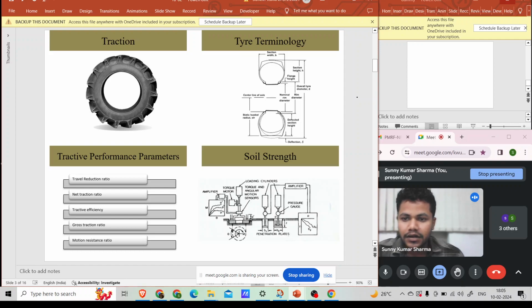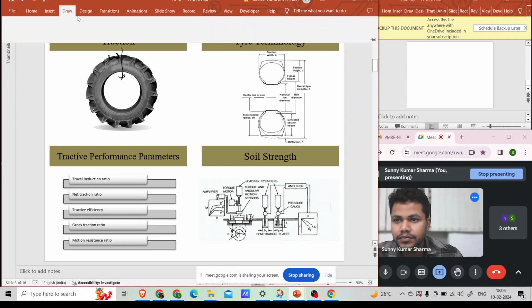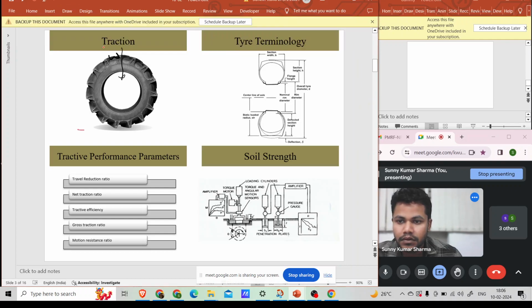So suppose this is a tractor and some weight W is coming on it. If we are just towing this wheel, some pull is applied, then the ground reaction force, say G, will pass through the center of the wheel. This is the towed condition. We are just towing, no torque is given in the wheel. If only torque is given in this wheel, and there is no pull,